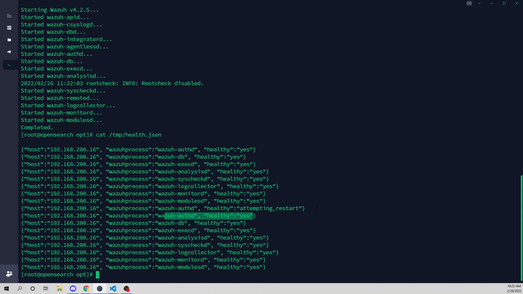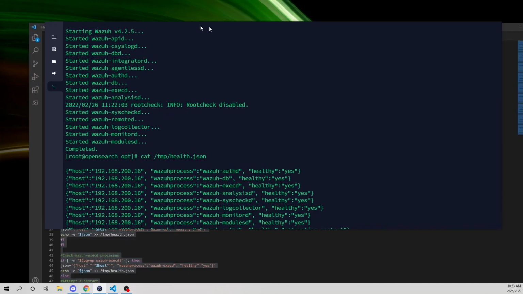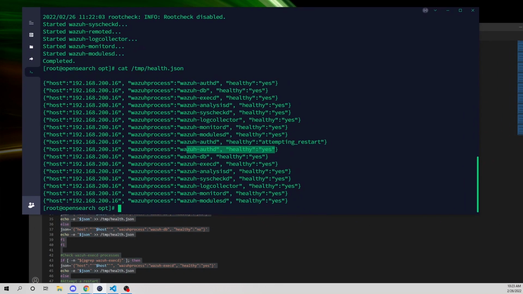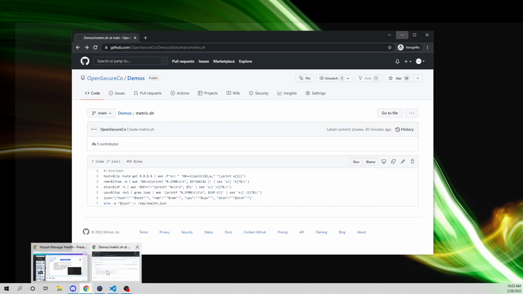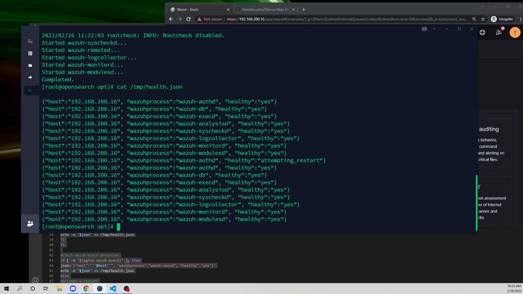So that looks good. But of course, we're not actually sending this file to Kibana at all, right? We would have to get on this server and look at the file manually to be able to detect anything. And that just doesn't scale well, right? So let's first have Wazuh collect this